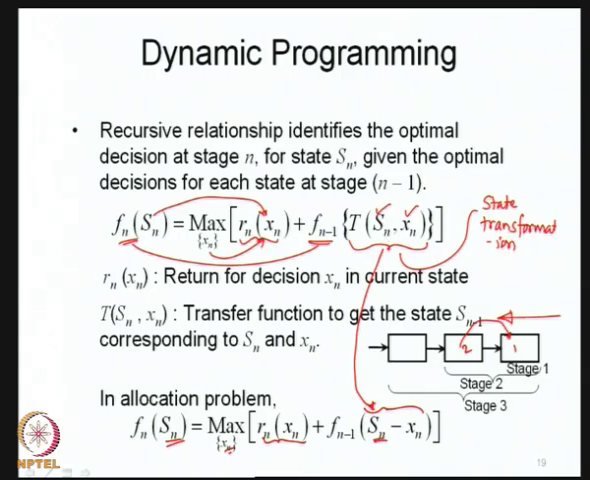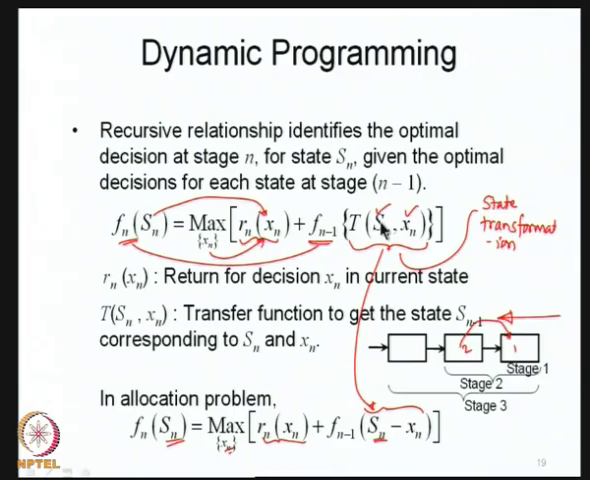In the water allocation problem, I repeat, the state transformation is simply Sn minus xn. So, if you have several users, every time you relate this with the previous stage. Identification of the state transformation is an important exercise in writing the recursive relationship. Different types of problems will have different state transformations, as we will see in the next problems that I will